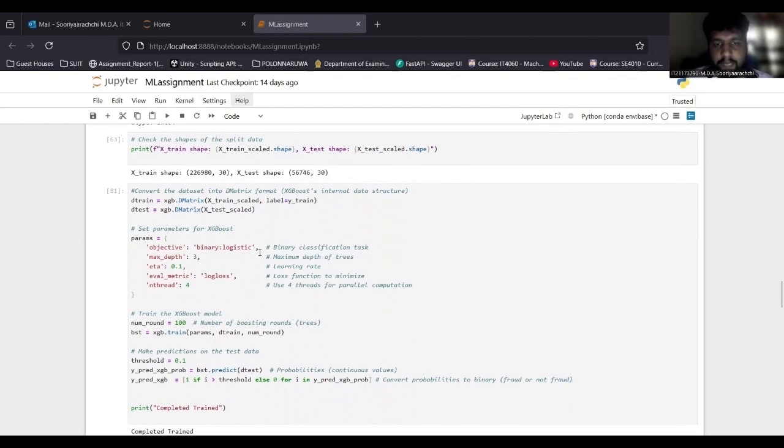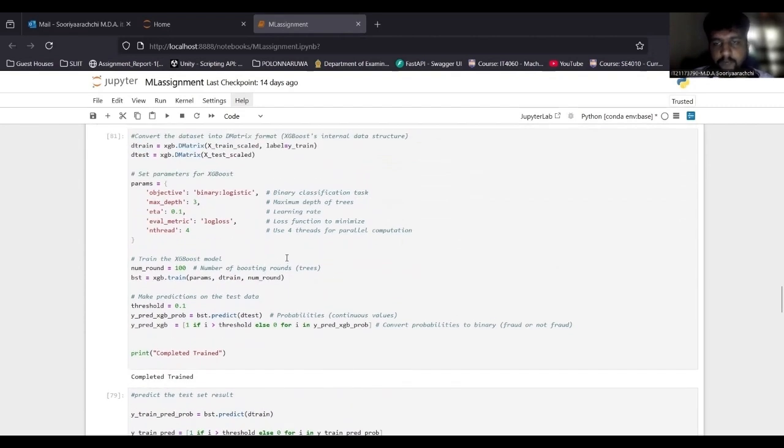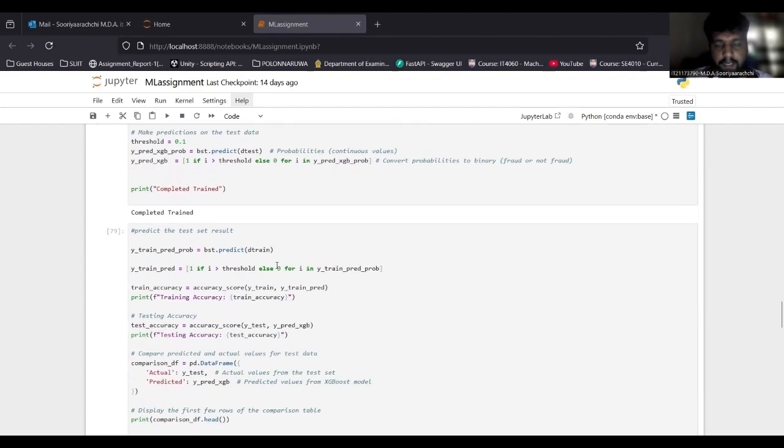I set the model parameters like binary classification task, the number of trees, the depth of the trees, learning rate and loss function, and state the parallel computation. Then I train the XGBoost model. I set 100 boosting rounds. Next, after training, I make